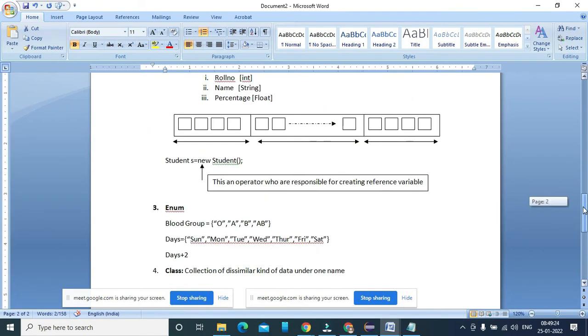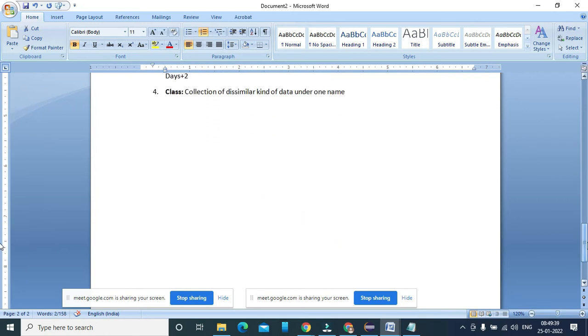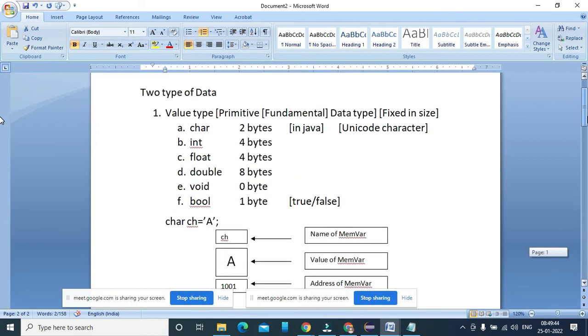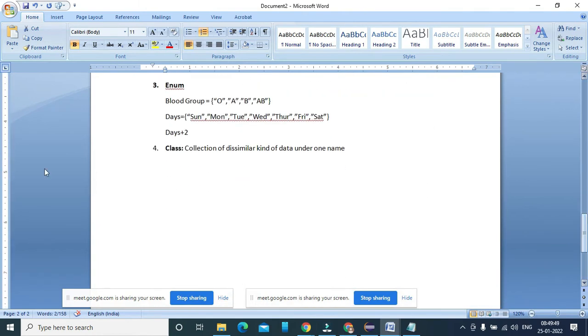reference type. Sometimes I get a situation where I have to decide at runtime what kind of collection I want to create. I know that we can create different types of collections or an array. So an array is a collection. When we are talking about data structure, a data structure is nothing but a collection in Java and a collection in C# here.